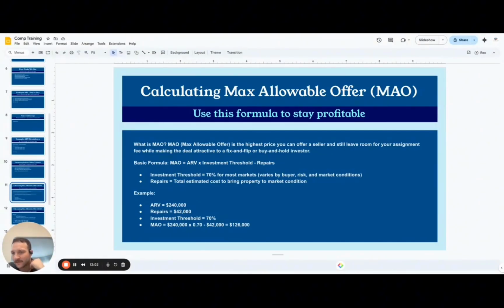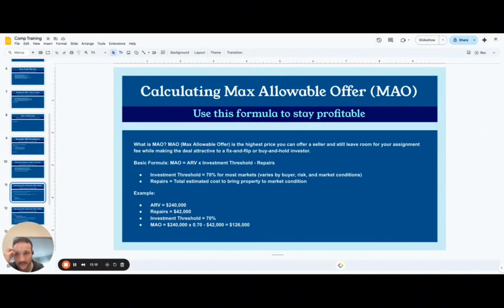Investment threshold is 70% for most markets. It varies by the buyer, the risk, the market conditions, the neighborhood, the type of property. And repairs is the cost to bring the property up to 2025 conditions.